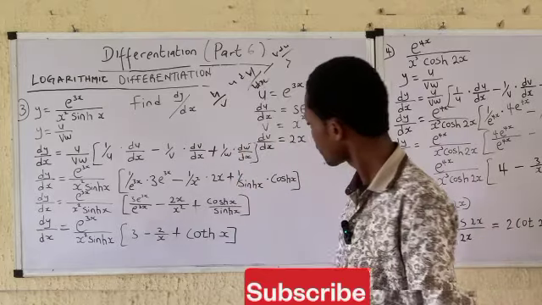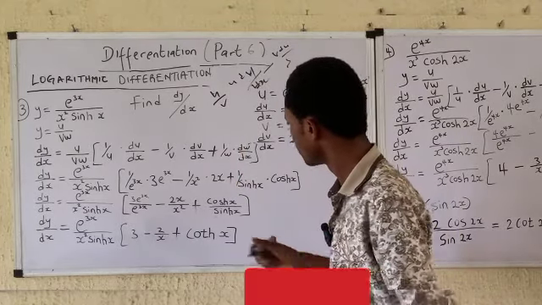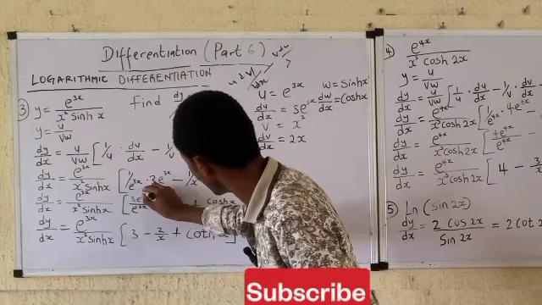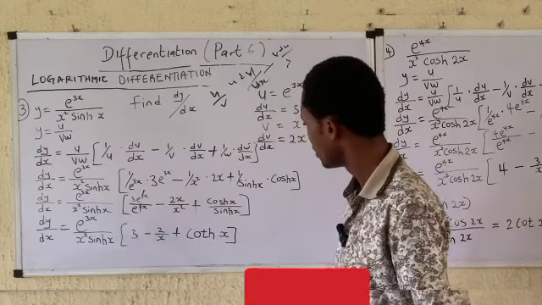Bracket close. Now you see, this one tends to cancel out each other because they're the same, leaving us with 3